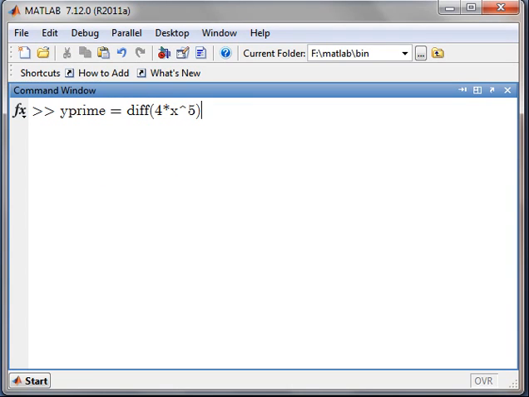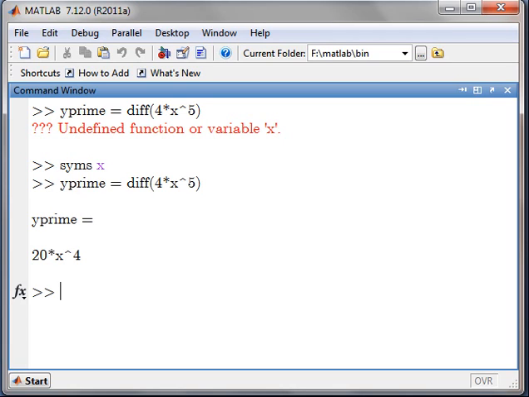But in this case you have to keep in mind that if you directly give this command, then see, you will get an error like this, because you have not defined x. So first you have to define x and then you can use this. See, in this way I have first defined the variable x and then I gave this command, okay, and I have got the output of this.